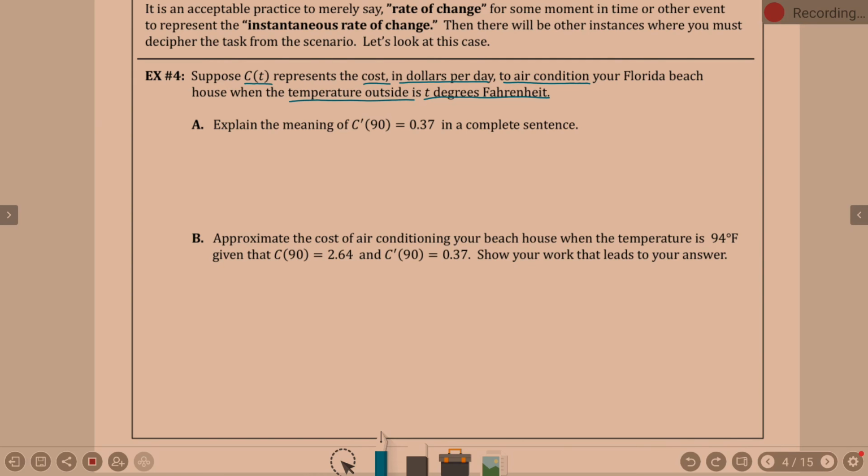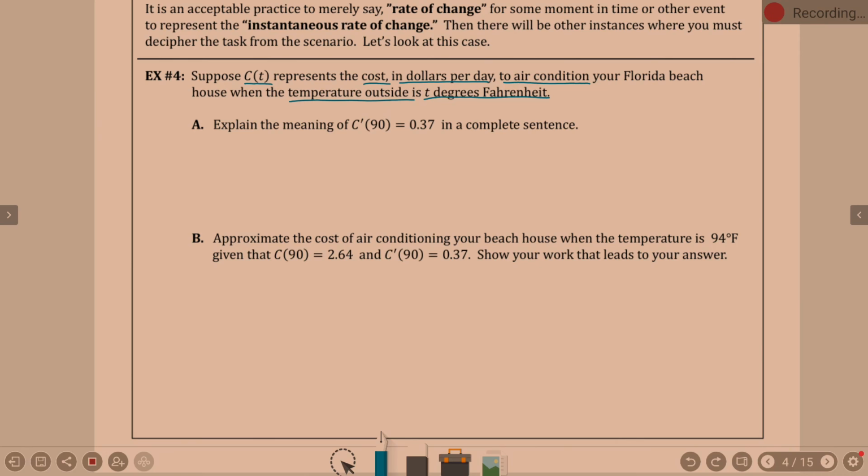Okay, you got it? What can we start off with? What's the easy part? I'm looking at the input to begin with. When the temperature is 90 degrees, right? Yeah, to me, that's the easy part. I know the input is 90. I know 90 represents degrees Fahrenheit. So when the temperature is 90 degrees Fahrenheit outside,